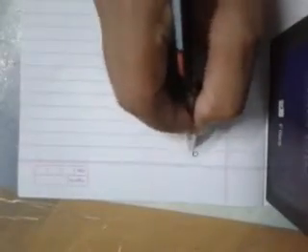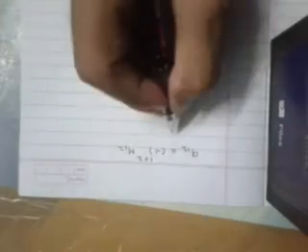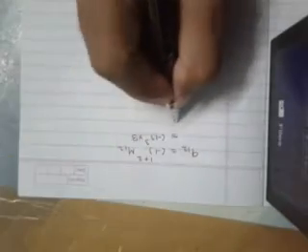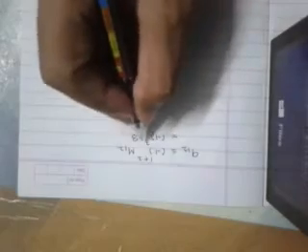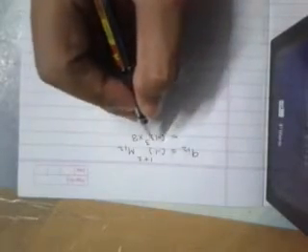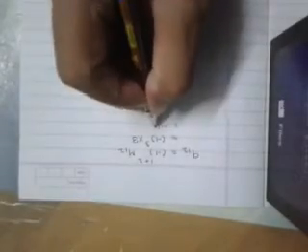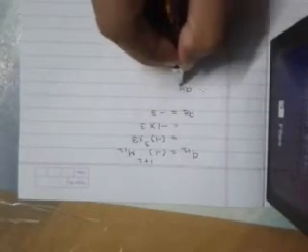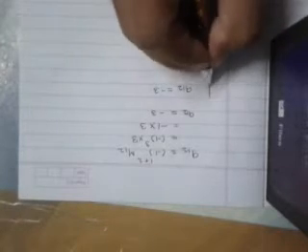Okay, similarly we have to identify A12, again the same formula, minus 1 raised to 1 plus 2 into M12. So minus 1 raised to 3, M12 is 3, into 3. Minus 1 raised to an odd power, that is power 3, will give you minus 1 into 3, so that will give you minus 3. Therefore A12 is equal to minus 3.